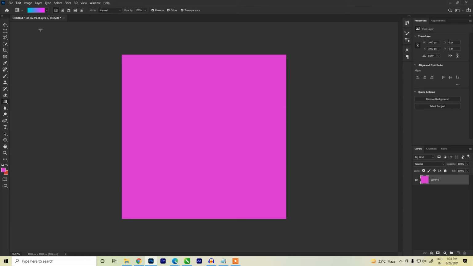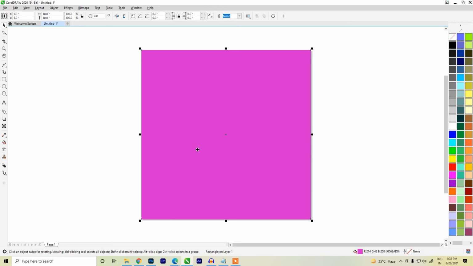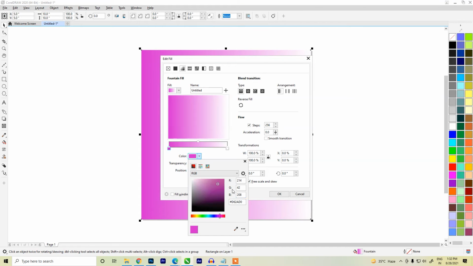Now what I have to do is finalize or pick the range of my gradient. For example, I'll just click here, drag it and drop here. I have got that gradient here as well. To do this in CorelDRAW, select the object, press F11, with single click, Ctrl V to paste that color code, and click anywhere else, and OK.